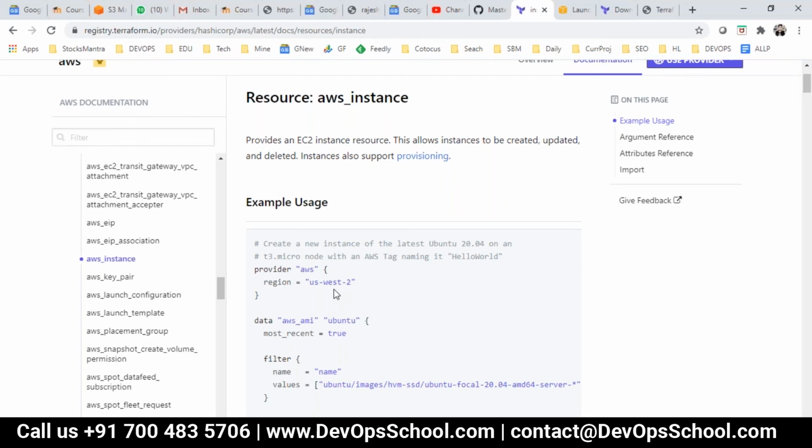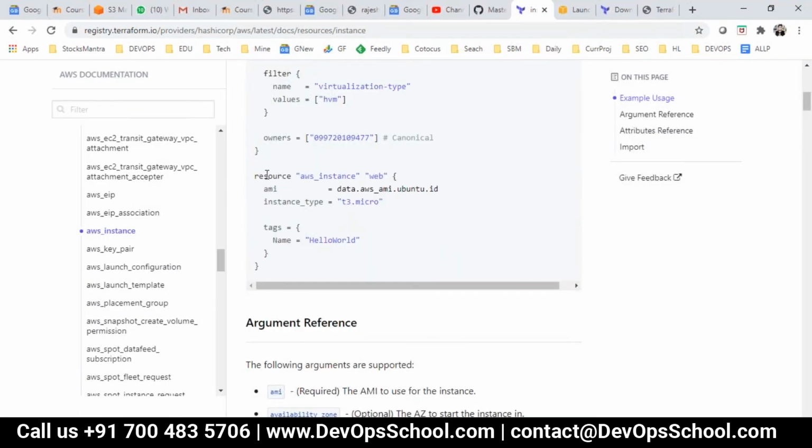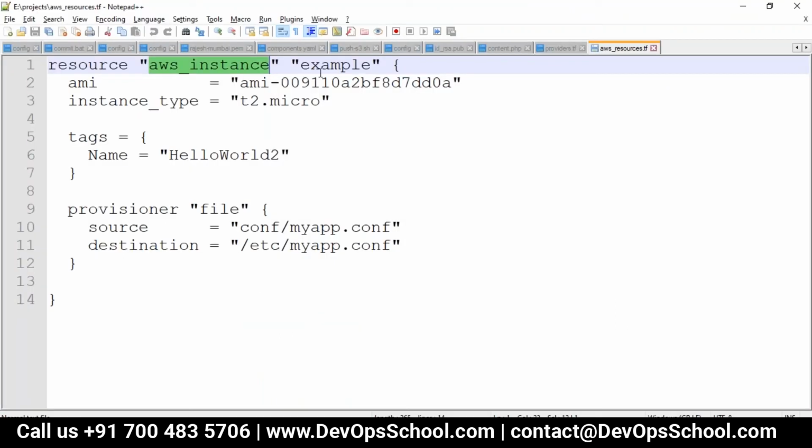Almost. So you see here, what is the resource? The type of the resource, and this is the name of the resource. This needs to be unique to that provider. That means if you have the AWS provider, you cannot use the example 2 times. But with another provider like GitHub or any other one, you can use that. That way this name is unique only up to the provider.